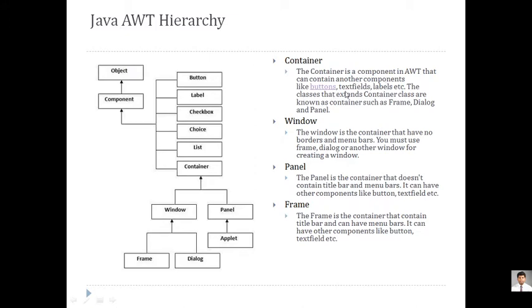So one thing you have to keep in mind, like buttons, text fields, labels, etc. The classes that extend the Container class are known as containers, such as Frame, Dialog, and Panel. So basically, you will find these are the only three classes: Frame, Dialog, and Panel. So Panel is again a class. Applet is only for the purpose of executing, so applet is not exactly a direct class. You just have to extend those features, that is the applet lifecycle, some functionality you have to use. But basically Panel, Frame, and Dialog, these are the three major classes of your container.